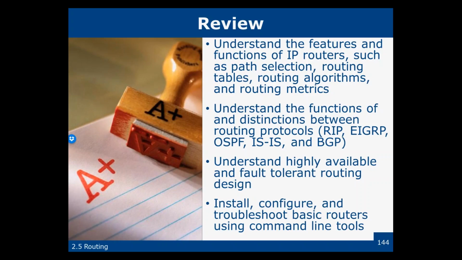But it would probably be things like the basic, what are the basic protocols? What's a link state? What's a distance vector? Those kinds of things. What is a directly connected route? Static. That was directly connected to the router. When we, and I should have left that one up. When we have